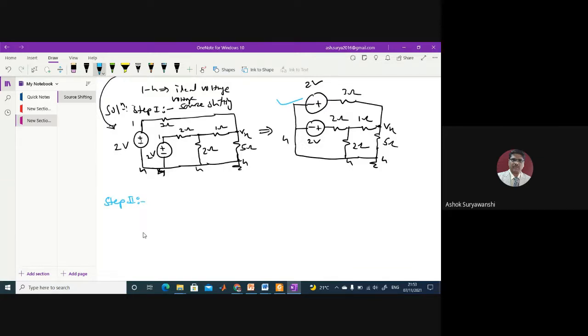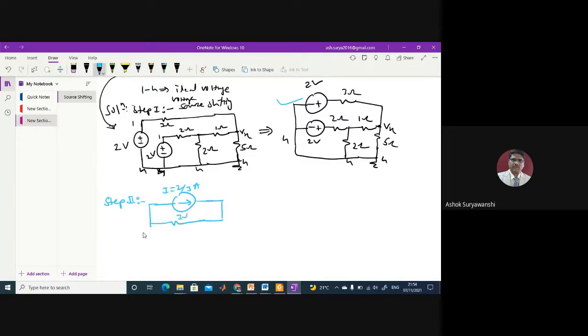And then what is your resulting circuit? Then similarly simplifying the circuit. Step 2 is transforming the upper 2 volt source into an equivalent current source. When you transform this voltage source, you'll get a current. Because this is minus plus, current flows from higher potential to lower potential, so the sign convention should not be wrong. The current direction will be like this, and I is equal to V by R. V is 2 and R is 3, so that is 2 by 3 ampere. And then this 3 ohm resistor will come across the current source.